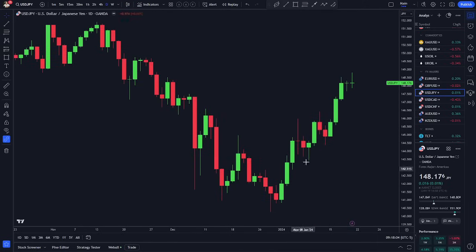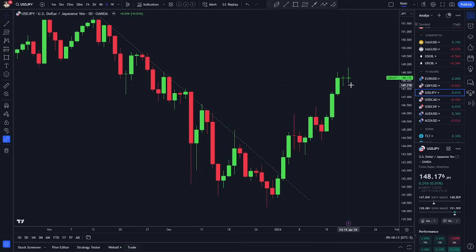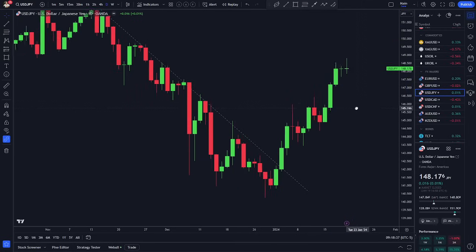Quick look at the dollar yen. Price is continuing to push higher. Dollar strength is really showcasing here, but it is also notably yen weakness. We saw a big break of this downward structure, and we're still pushing there. If you're a bull on this one, my opinion is, I can't justify being long up at the top here. It could be the top. It could also not be the top. But for me, trying to remain disciplined, I'd have to wait for some form of a pullback to get involved if I'm looking to get long dollar yen, which I think does fall under my category on the